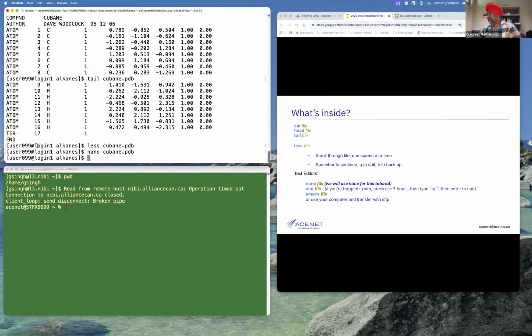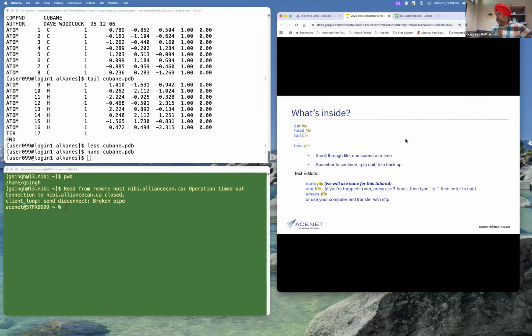So these are some of the ways of looking into the contents of the file: cat, head, tail, less, and all that. And then editors. If you are going to spend your research career in computational sciences or computational anything, at some point of time you will have to master either Vim or Emacs. These two are very powerful editors. Nano is a good editor, but it's for normal purposes only.